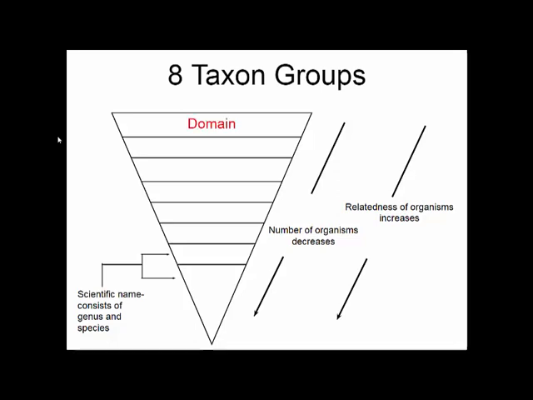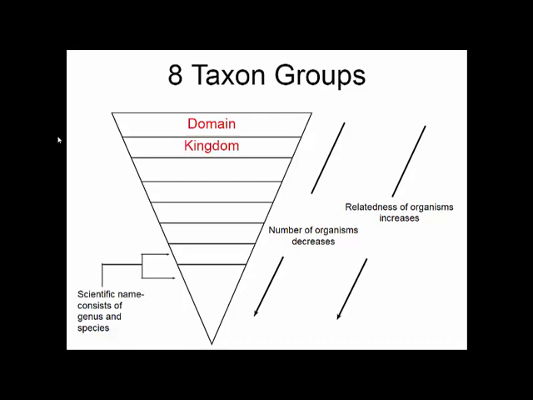The biggest group here is one you probably have never heard of. It's called domain. Every single organism in the world is in one of 3 domains. There's only 3. We're in the same domain as a maple tree and a mushroom. Obviously, this is a very general, very broad category. We'll talk about them. Okay, it's archaea, bacteria, and eukarya.